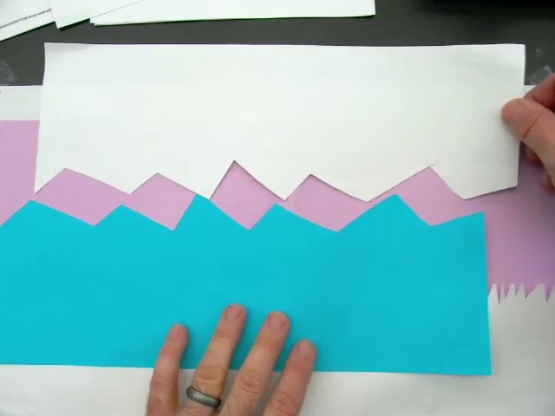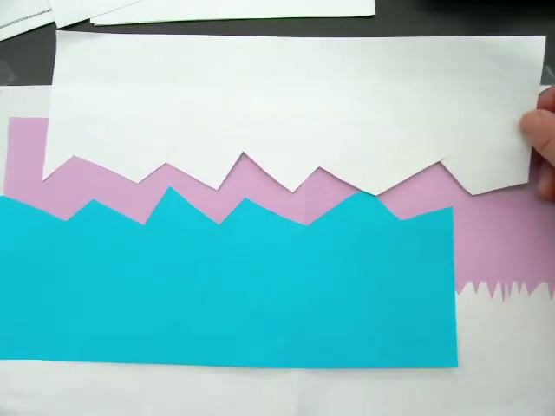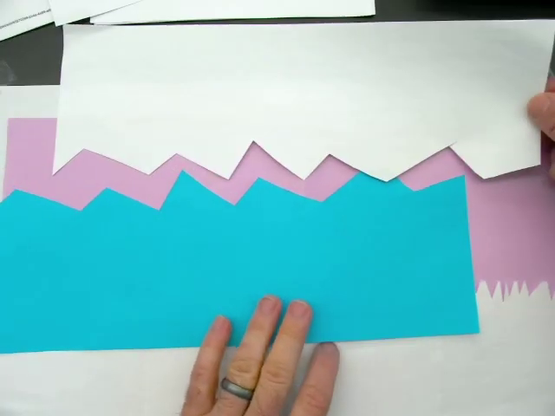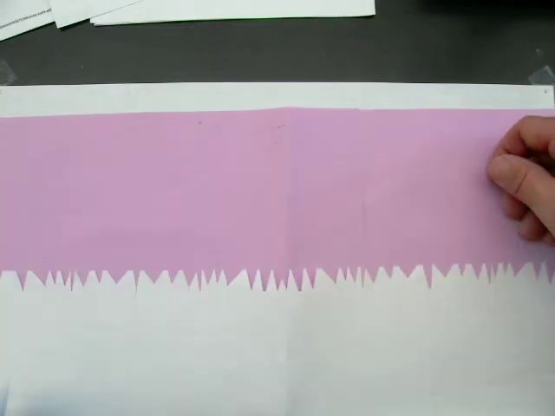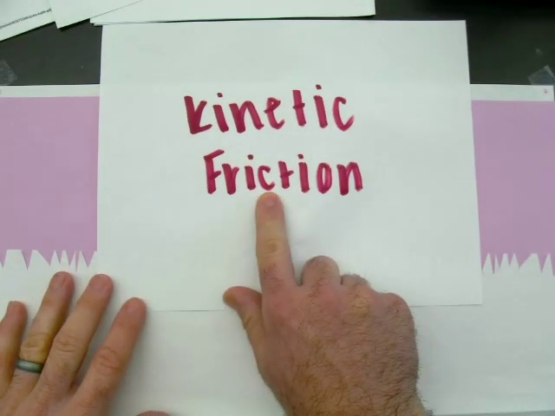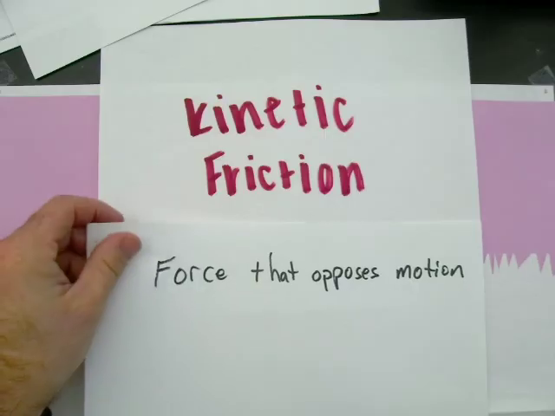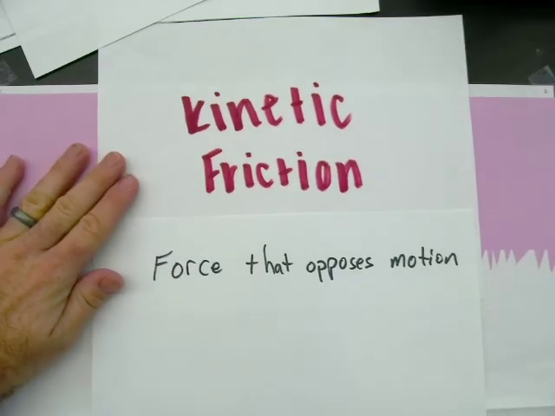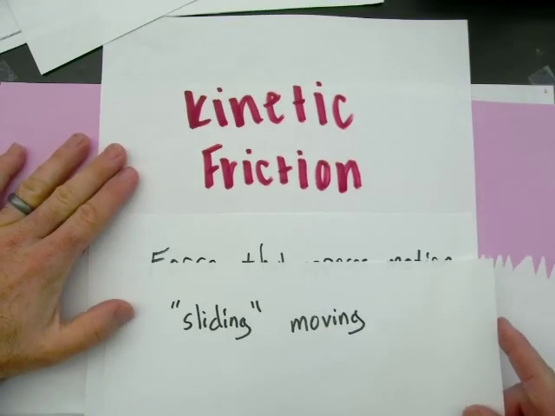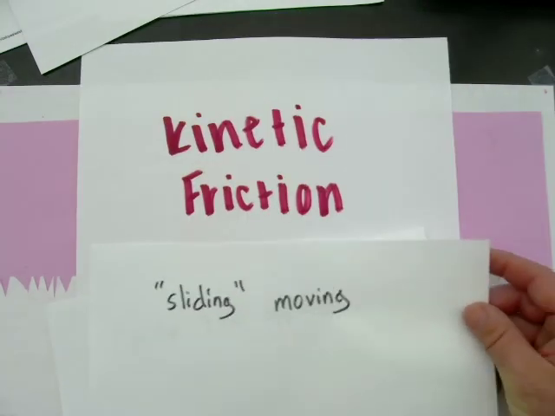Now, once something's up and kind of bumping along and sliding, it's easier to keep it going. The friction is actually a lot less, and that's called kinetic friction. Another example of kinetic friction is once it's moving. And of course, as already mentioned, friction is a force that opposes motion. This kinetic friction is caused from sliding or moving. And so what that might look like here,